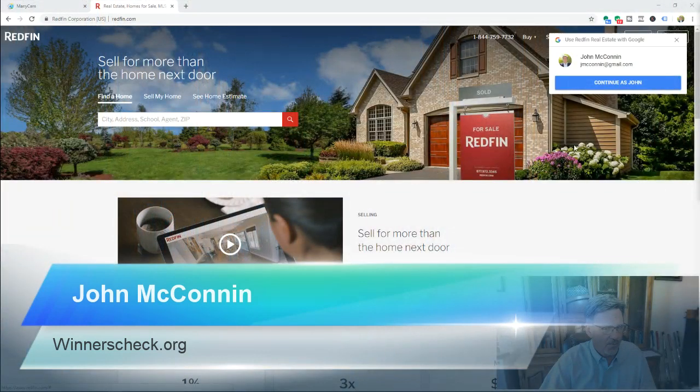So that's Zillow. And let's talk about Redfin next. Now, let me see if I can pull up Redfin over here. I'm going to share my screen with you. So you're seeing it now. And let's go,